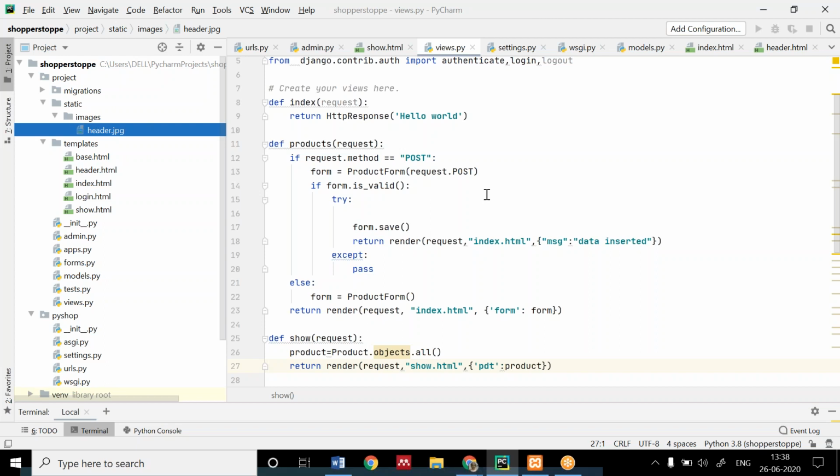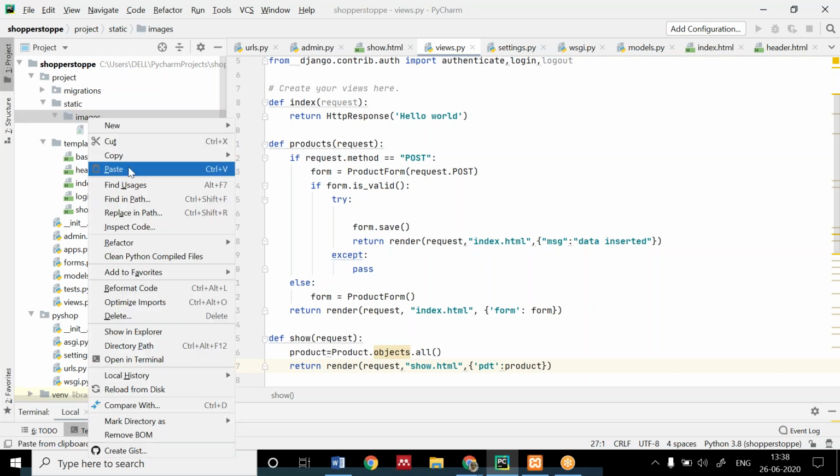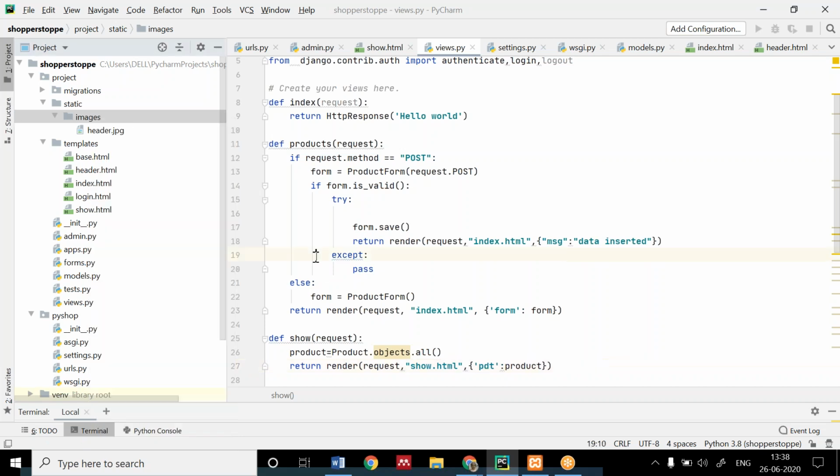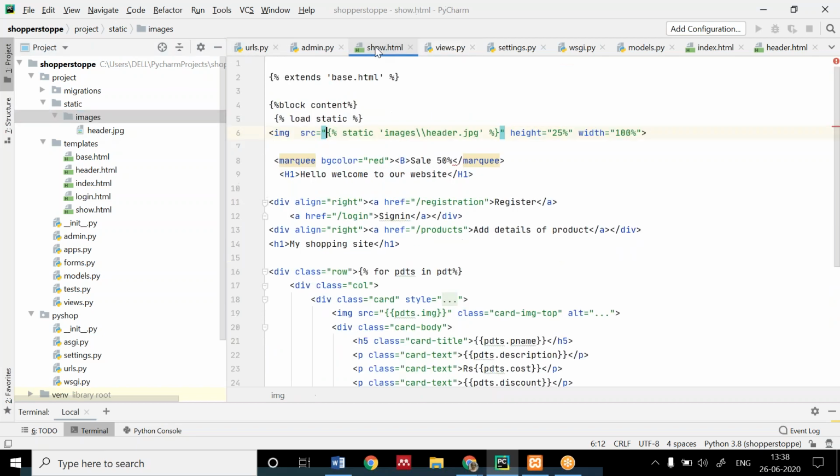I'll have this image; some image I have downloaded. I just have to come here and paste it. Or any image, if you want to paste it here, you just have to come to the image folder and paste it, or drag and drop in the image folder, and then you use it here.